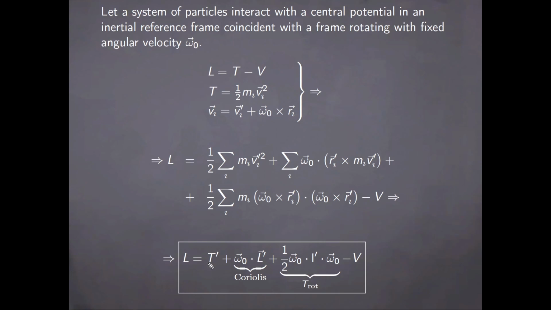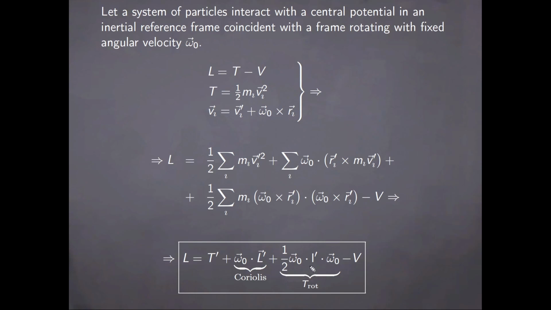The first one is just the kinetic energy of the moving particles, but with respect to their velocities in the rotating frame. The second term happens to be just the dot product between omega 0 and the angular momentum written in the rotating frame, so this is just the Coriolis term,